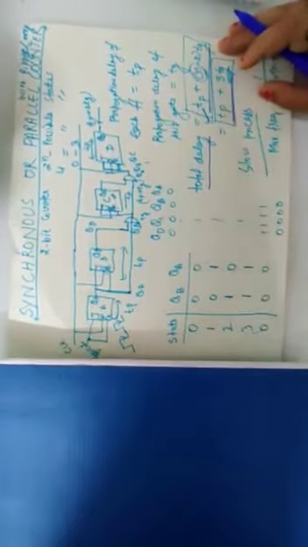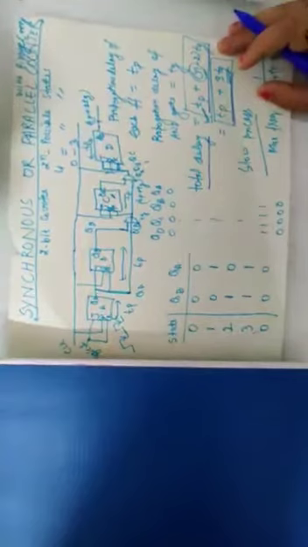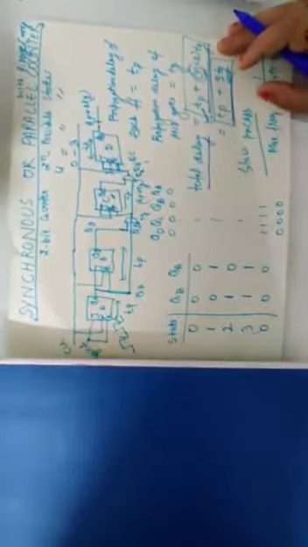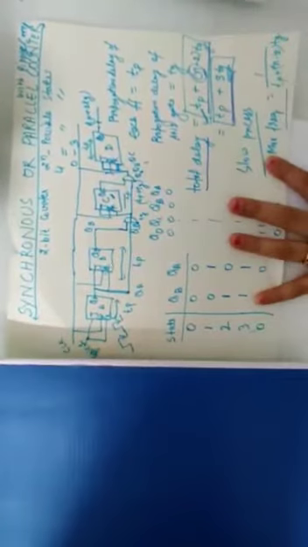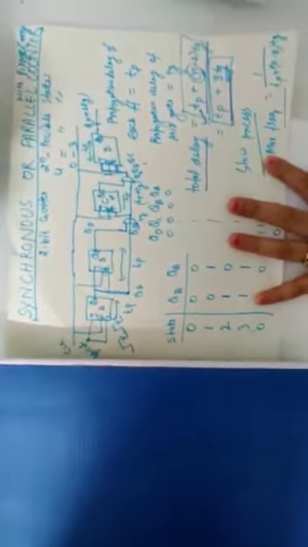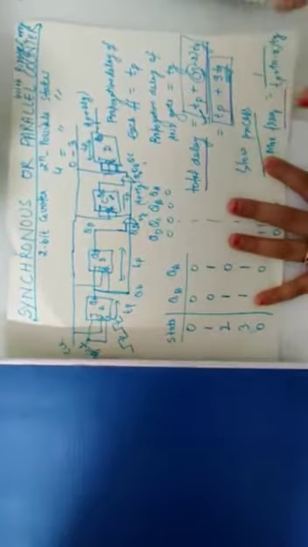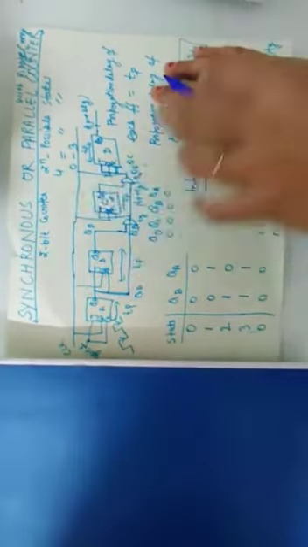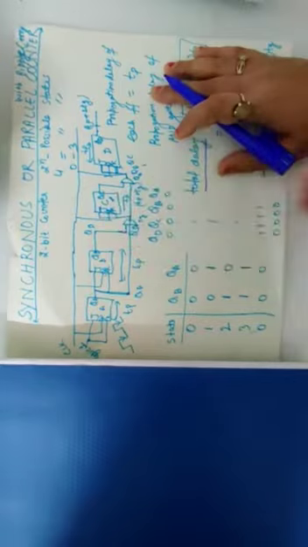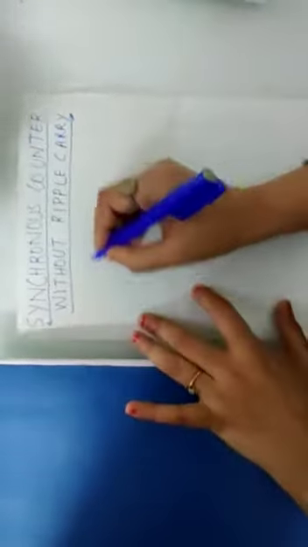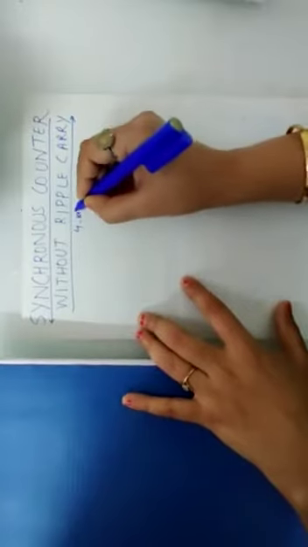So if the number of AND gates increases, or in short if the number of flip-flops increases, the propagation delay increases. If the propagation delay increases, the maximum frequency of operation decreases. This was the limitation of the synchronous counter with ripple carry. Now we will do a slight change in that circuit and make it a synchronous counter without ripple carry. So again we are taking a 4-bit counter,